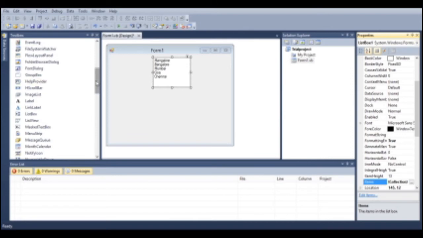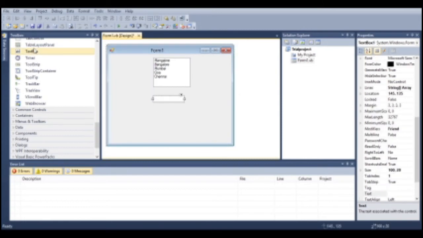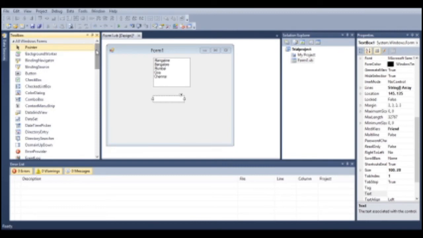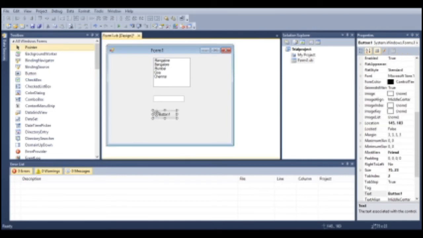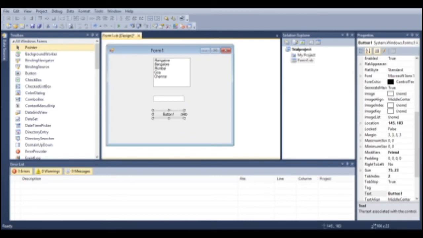We will add one text box and a button such that when we click the button after choosing a city from the list box, we can get that city name inside the text box. So let us code this button with a small programming line.